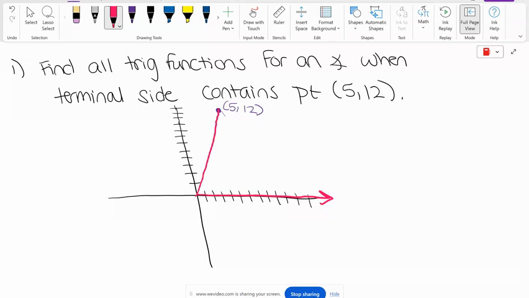We always want an acute angle, but by me making this angle exact, is that an acute angle? Yeah, because wouldn't this be 90 degrees, the two axes meeting? So anything below that 90-degree side, that y-axis, is an acute angle. So here is my theta. And now what we're always going to do is go to that terminal point and drop down a perpendicular. It's a little bit messed up, but